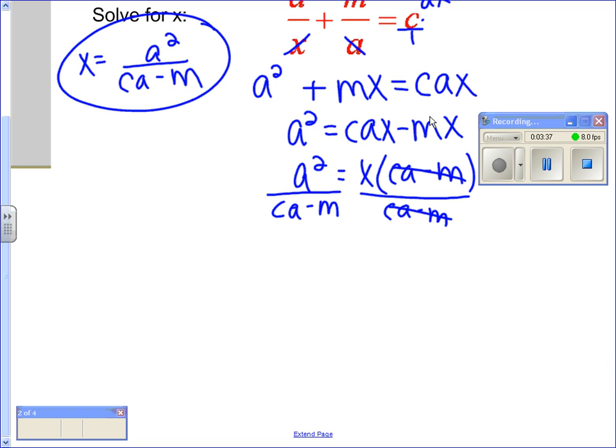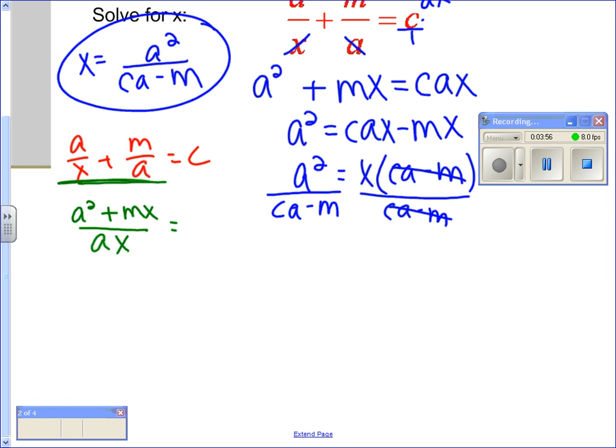Another way you can do it, you can make these two one fraction. What would be the common denominator? And what would be the numerator? And then